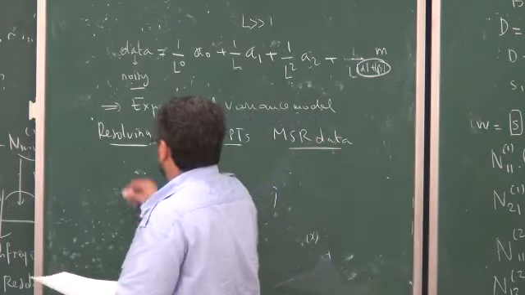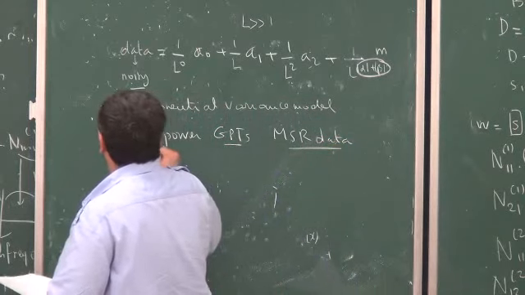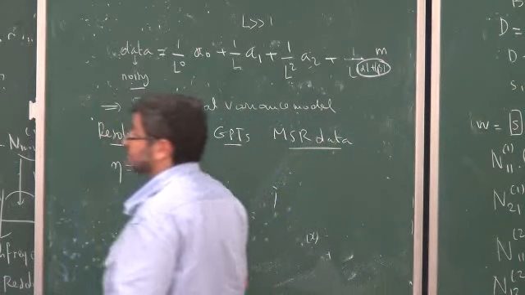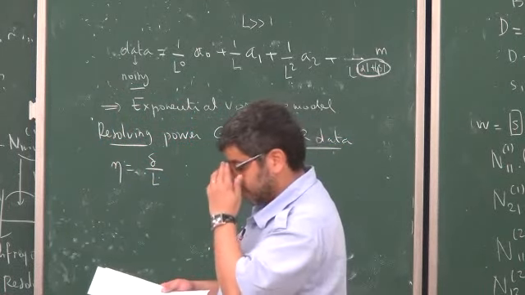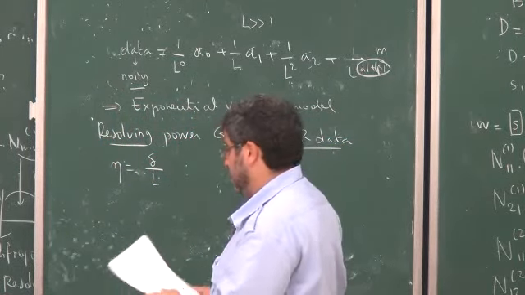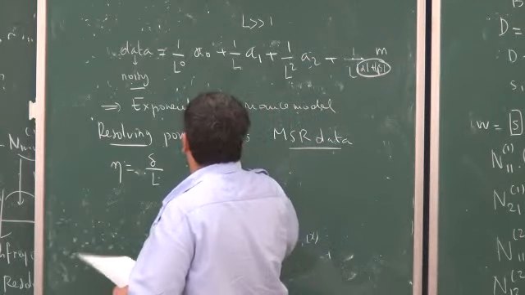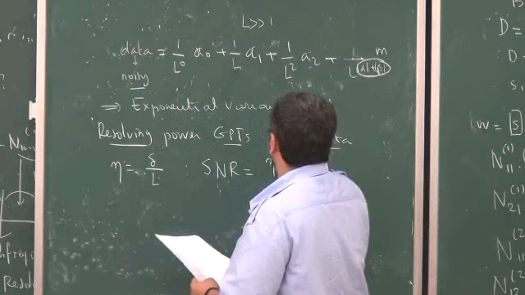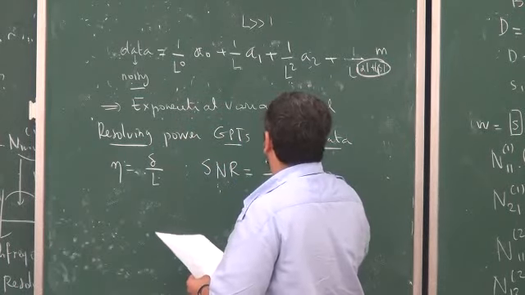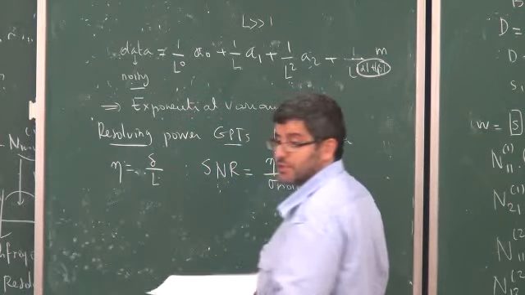Okay, so I will introduce this eta equal to delta over L. L is the distance to the array. Delta is the characteristic size of the inclusion I'm looking for. And to introduce the signal to noise ratio, this definition is equal to eta square over sigma noise, the amplitude of my Gaussian noise.